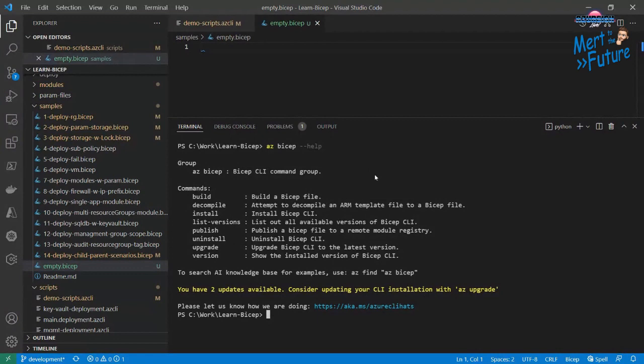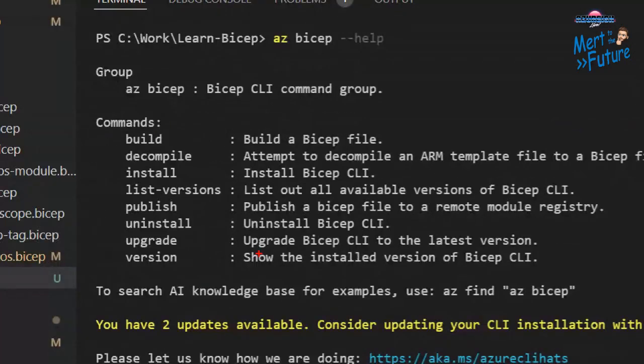Okay, so let me make it bigger. There's very few commands actually available here. There's a command to build, which means that if you take any bicep file and run the build command, it's going to generate the ARM template representation of that bicep file. Okay, then you have a decompile. This is the one that you can use in order to get your existing ARM template from your Azure environment,